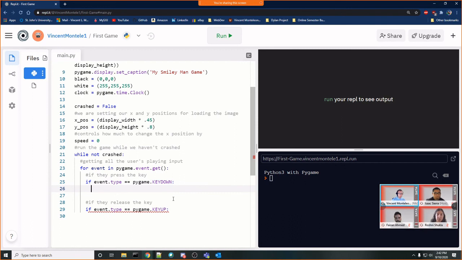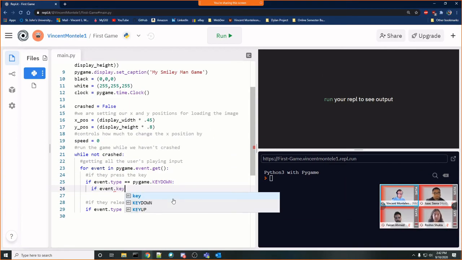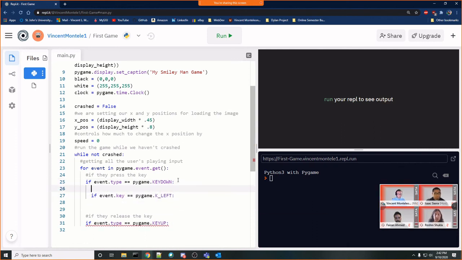Okay. So what I'll do is I will go ahead and I'll say if event.key is equal to pygame.K_LEFT, if they press the left arrow key.